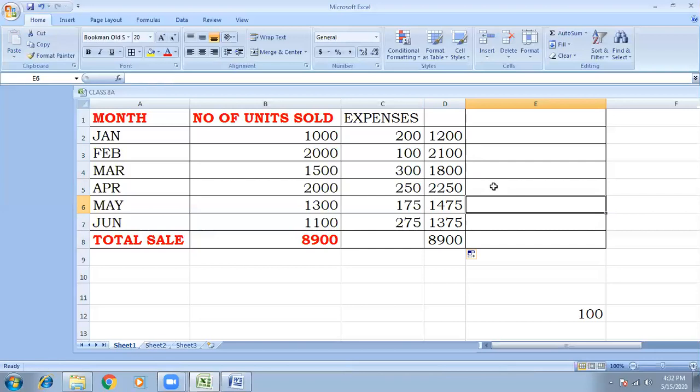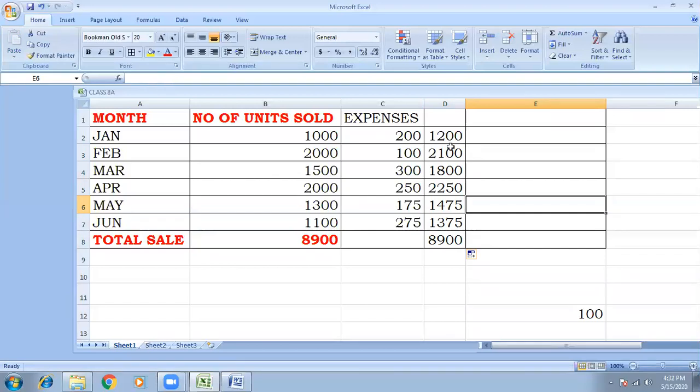This is known as relative reference. If you use a relative reference in a formula, it will change according to the cell.